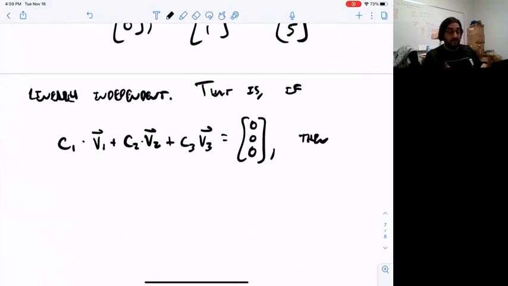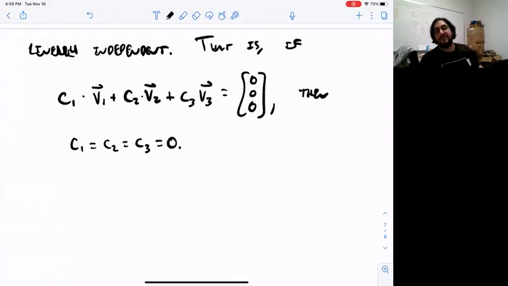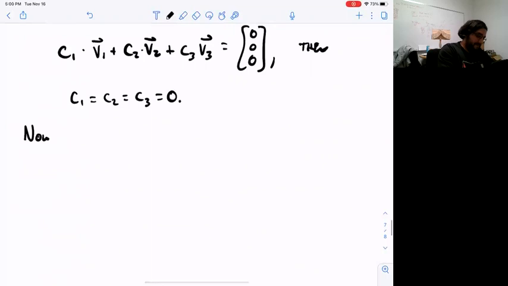So it means the only way to end up with the 0 vector as a linear combination of those three vectors is if all of those scalars were 0, right? That's what it's telling us. So now let's look at the connection between this property and null space one more time. So in this light,